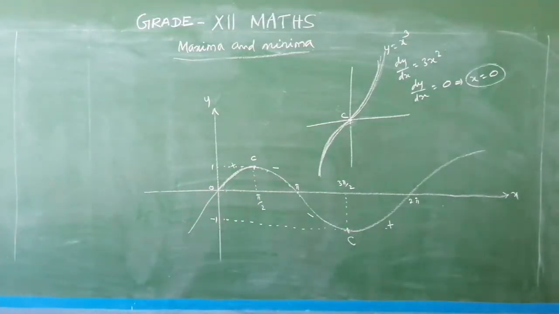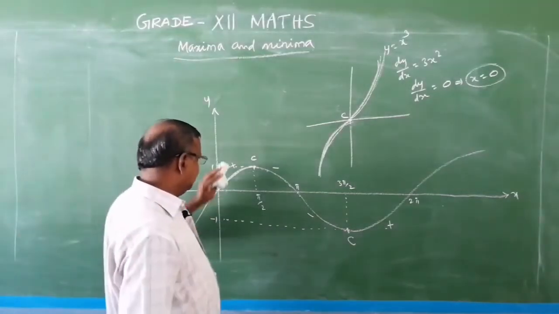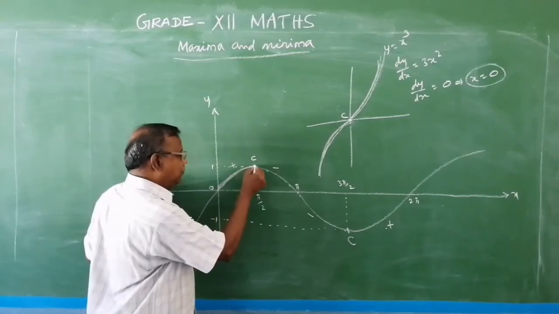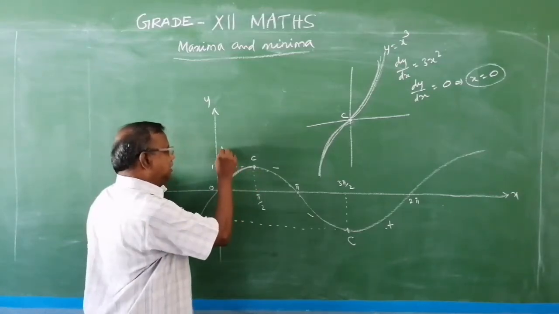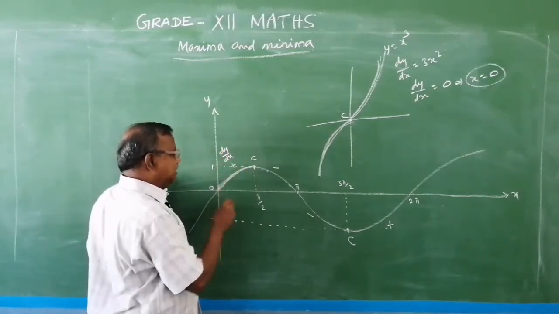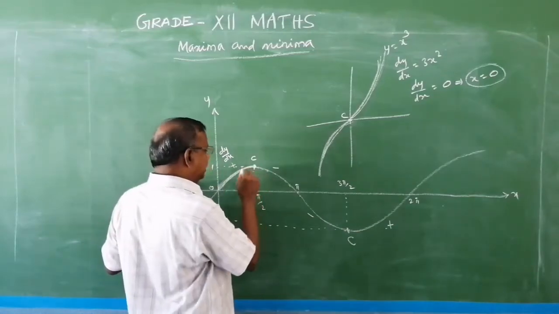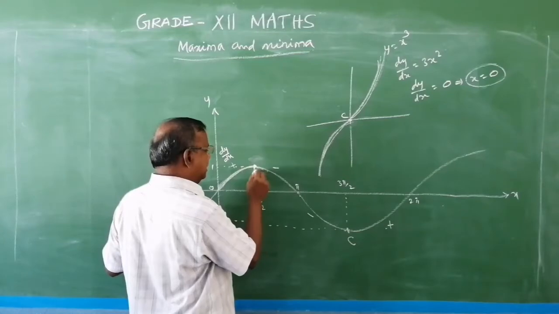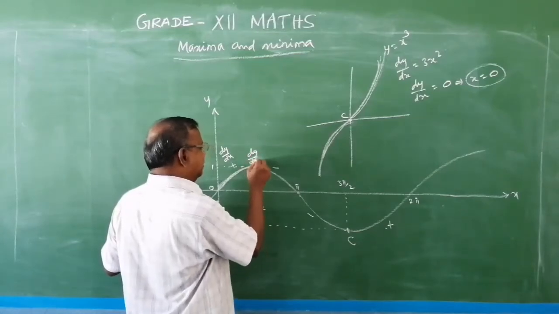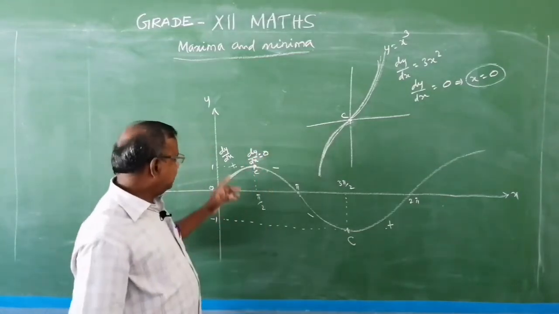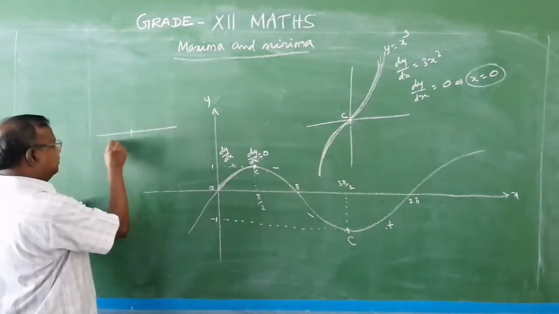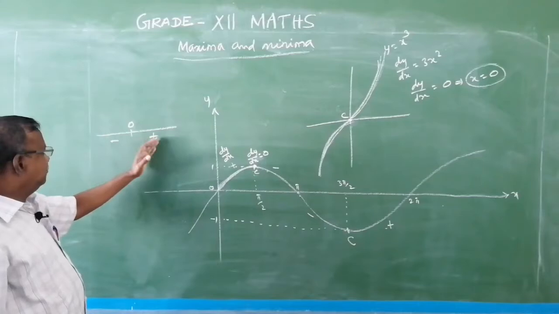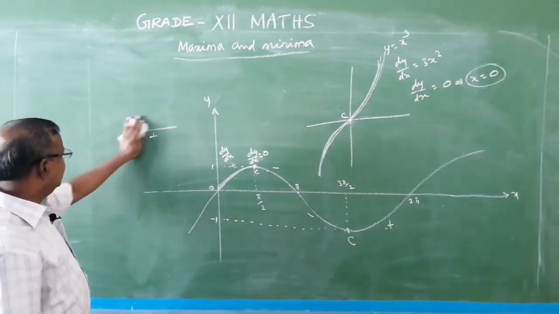So, this also can be examined by the same curve. Now, here see the slope from the first part is increasing, therefore the first derivative dy by dx is greater than 0. At one point, the sign changes from positive to negative, therefore at the point C, the derivative dy by dx or f dash of x equals 0. So, wherever the sign changes from negative to positive, there exists one isolated point where the value is 0.